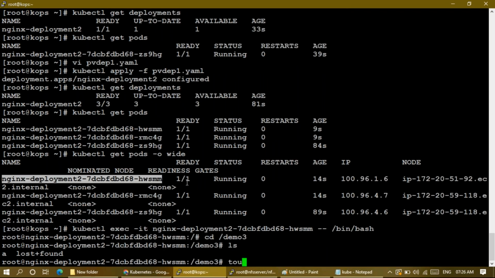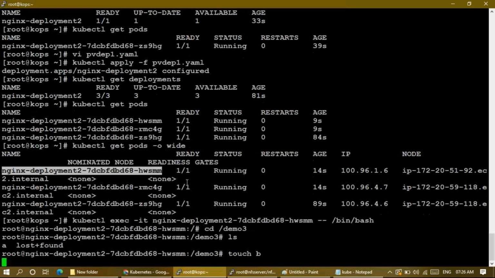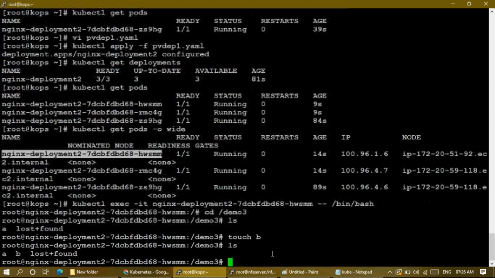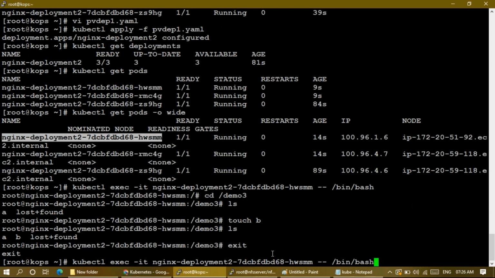Okay, let's create a file with touch B. So from the first pod I did this. Let's see in the other pods whether you can see the same data now. Okay, let me exit from the first pod. Okay, I'm connecting to the second pod,